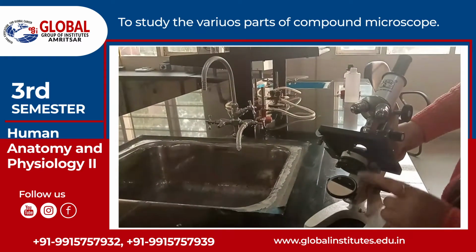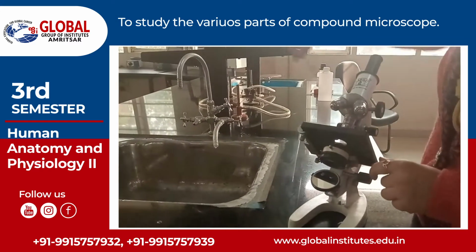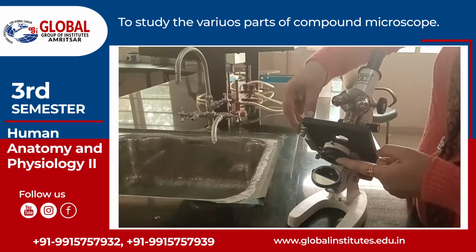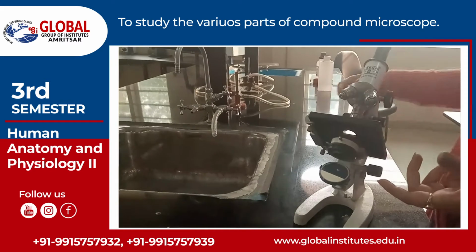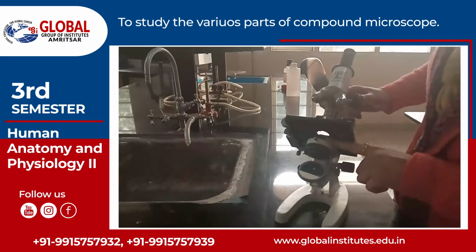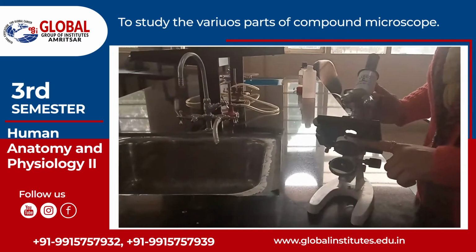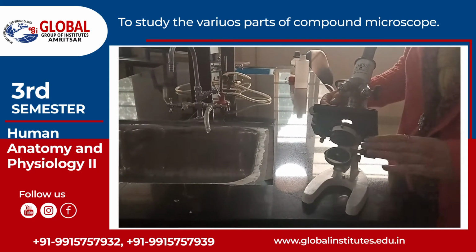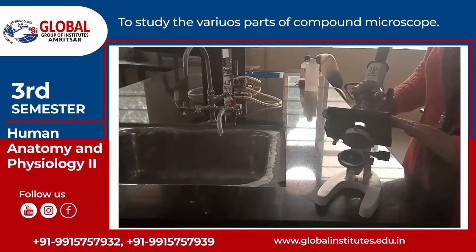Above the mirror there is an iris diaphragm and it is having a knob, and with the help of this knob we can open and close the hole in the iris diaphragm, which selects the quantity of light that will pass through it. It is further attached to this white portion which is known as condenser. The main function of this condenser is to condense the light. The scattered light that is collected through the condenser further passes to the specimen.